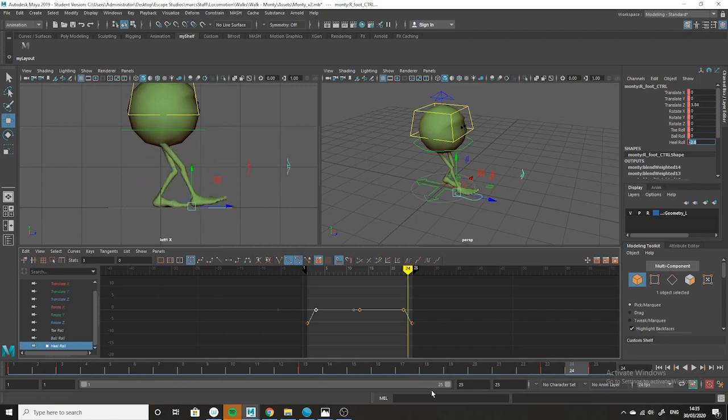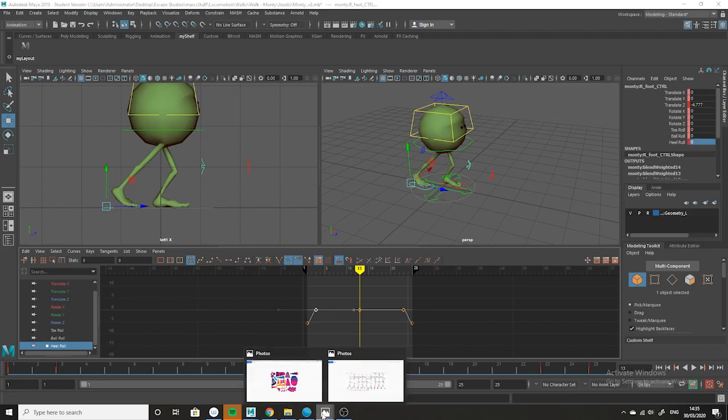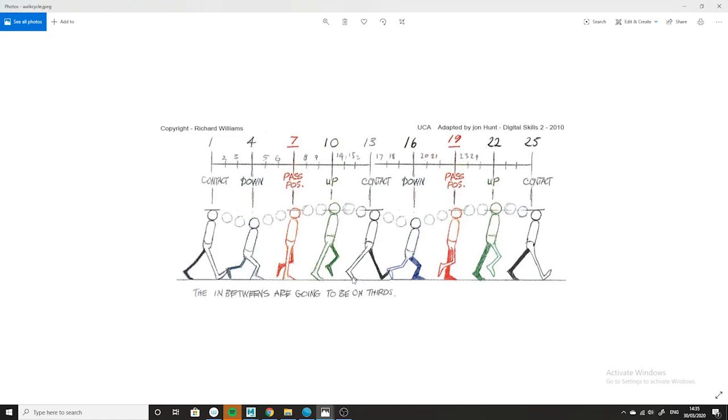Now this, of course, is not what the foot does. The foot doesn't slide. It slides back to 13, but after 13 it's coming off the ground and into the air. Now I'm going to go back to this so we can see this. So 13,